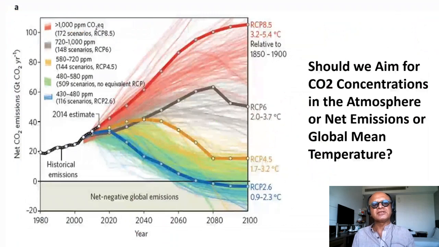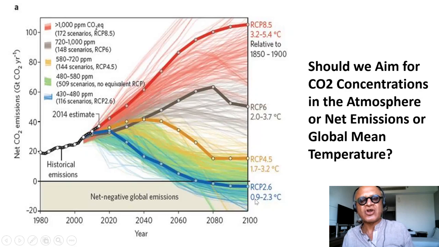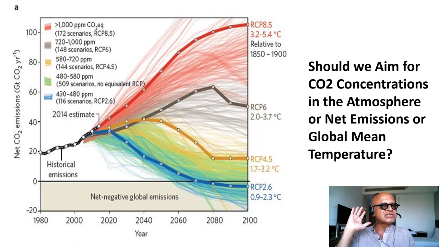So let's build on that discussion we started. RCPs, as we saw, were done by iterating between integrated assessment models and system models. And they were aimed at looking at net radiative forcing that would result from the scenarios, aimed at temperature targets, especially RCP 2.6, which aimed for staying below 2 degrees C warming with some 66% probability, and that requires a number